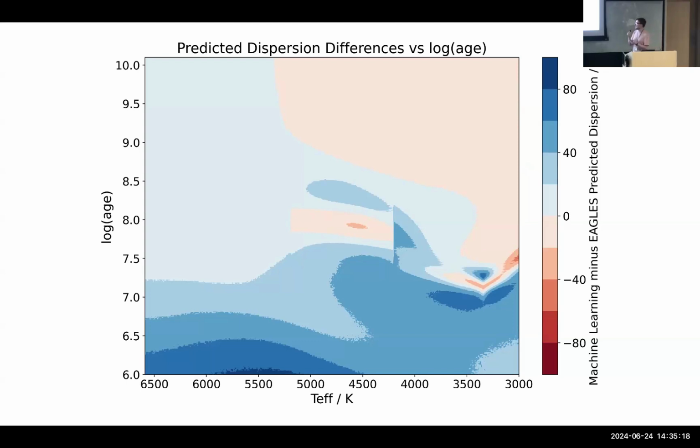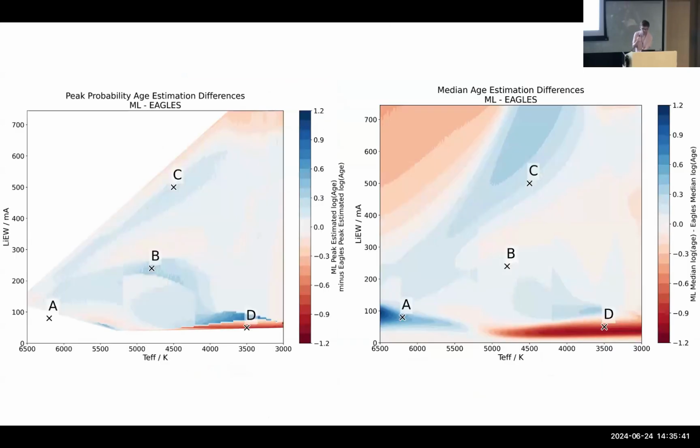We're adding in our aleatoric uncertainty as well, with how the model works. And then in the oldest ages, we have this little split between higher and lower in the neural network. This is a point where EAGLES is not able to properly model this. Their dispersion model depends on the reduction in equivalent width, or the speed of the reduction in equivalent width. I'll skip through to our single star differences here.